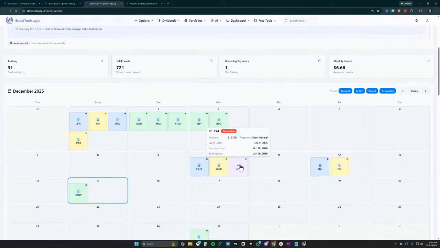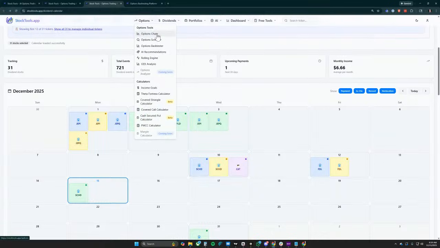But if you do it a little bit out of the money, you also get some price improvement as well. Yeah. So I need to put together a calculator for that, so you can just drop in whatever ticker you want and figure out, okay, I need to sell this put and then sell this call the following week and all that good stuff. But yeah, that's a good transition over into the options side.